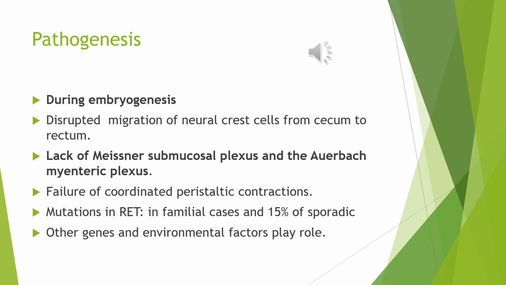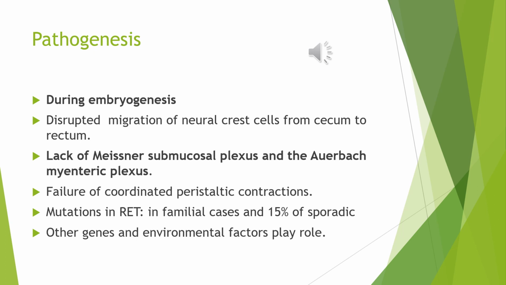disease. So the end result due to failure of migration of these neural crest cells is that a segment of the bowel will have absence of submucosal nerve plexuses and myenteric nerve plexuses. So we will lose the enteric nerve plexus or neuronal plexus at the affected site. And the result of this absence of these plexuses is lack of peristaltic contractions or lack of coordinated peristaltic contractions, which will result in the most important symptom of this disease, which is constipation due to lack of